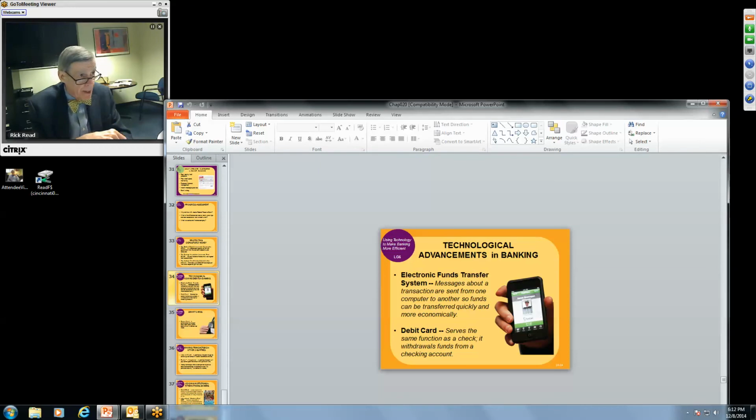Let's use it this way. You write a check, you put a check in the mail, or even if you hand it to the cashier where you're doing business, it's going to take a couple days for that physical check to clear. That's not true with a debit card. That's instantaneous. So there is a difference. It does function the same as a check, but the amount of time it takes to clear is entirely different. So you have to keep that in your mind. It does function like a check, except for how quickly the money clears.